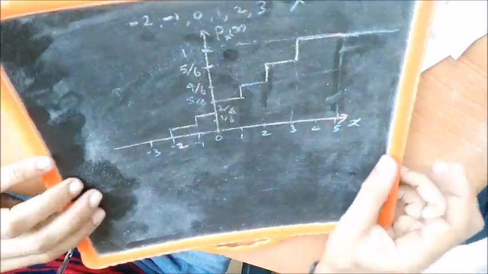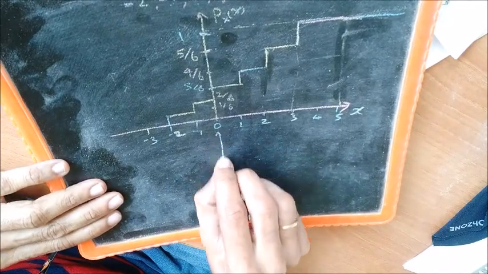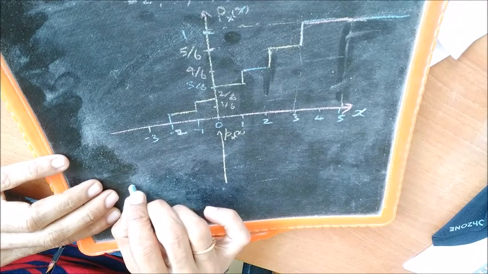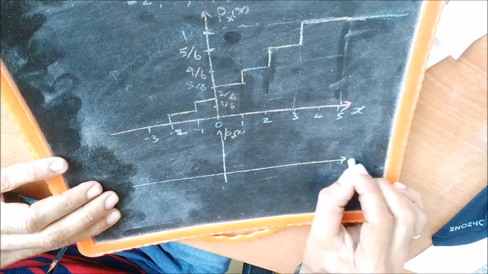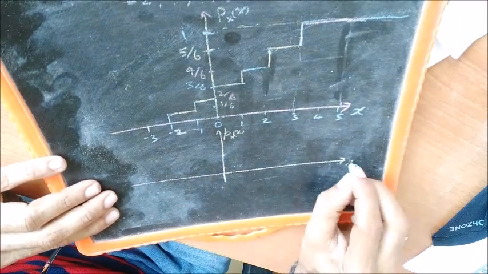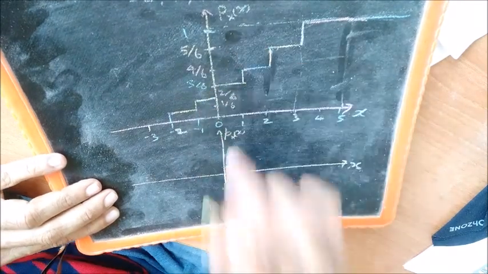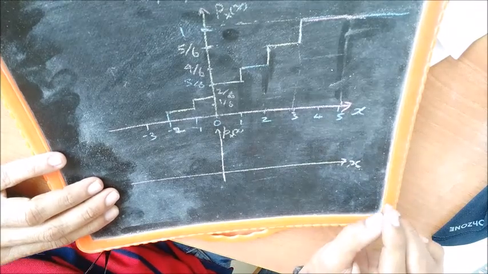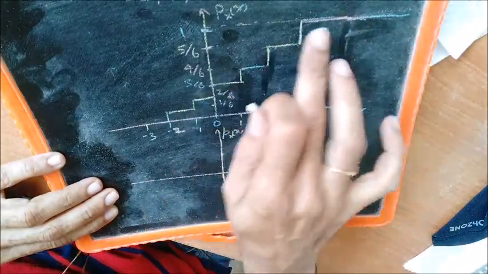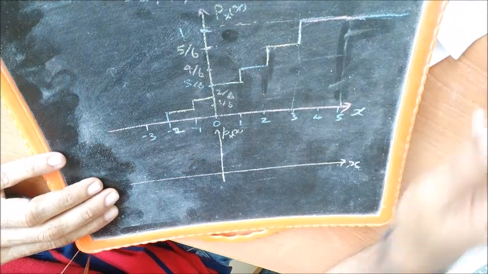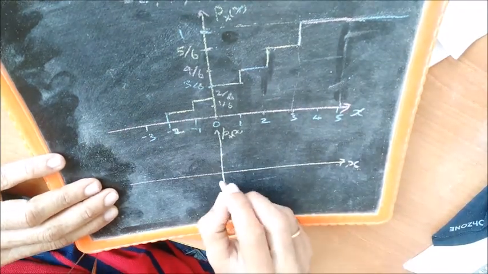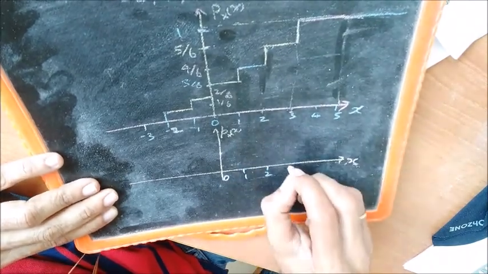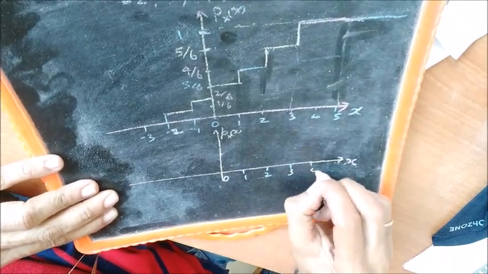Now the probability density function, if we plot it, of the same random variable, and we know the relation between the two. It is the derivative of this that we have to plot here, and from elementary signals and systems course, you know that this is nothing but a series of step functions, and if you differentiate a step, you are going to get impulses. So you are going to get the probability density function